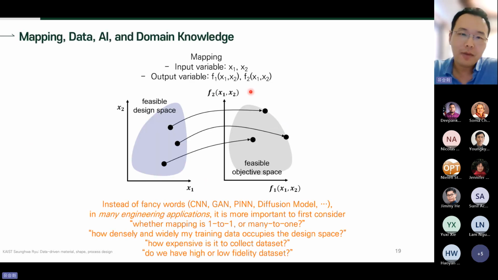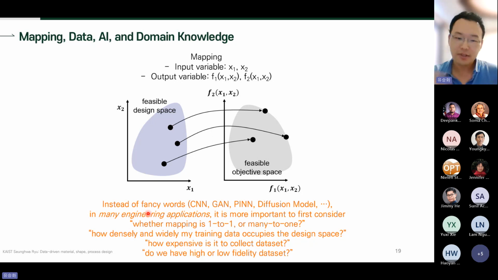If we think about a mapping problem, for example a material design problem, X1, X2 can be a composition or a property of the source material, and F1, F2 can be a strength or conductivity, those properties of materials. What we want to achieve with an AI model is to find this mapping F that connects design space to objective space. At least from my experience collaborating with companies, especially manufacturing companies, it's really hard